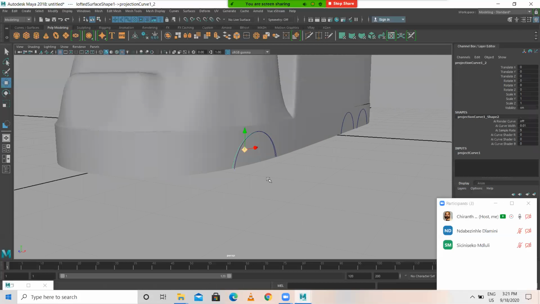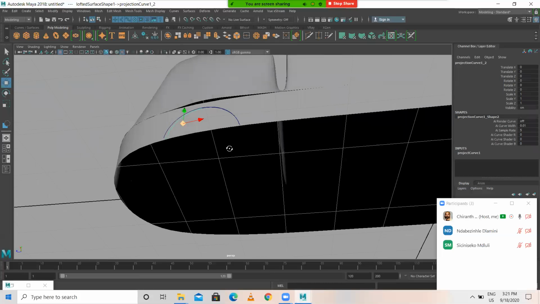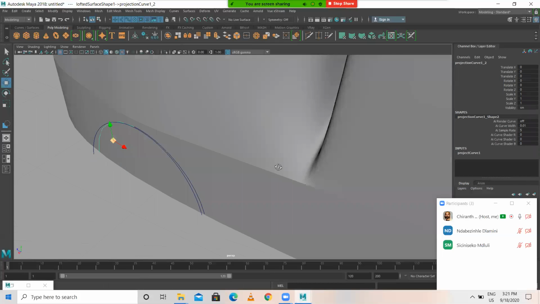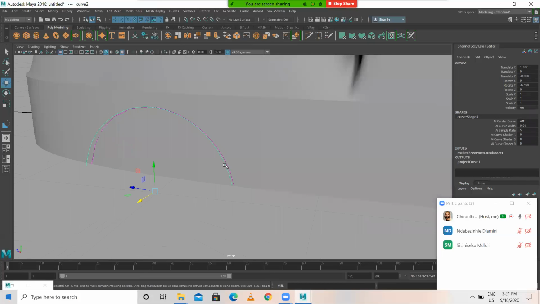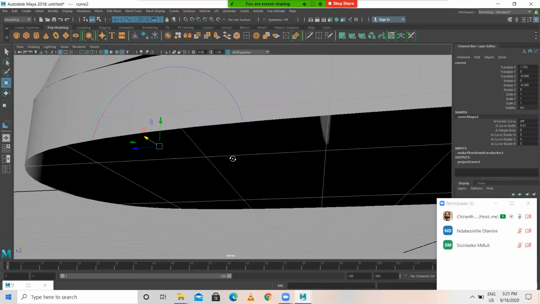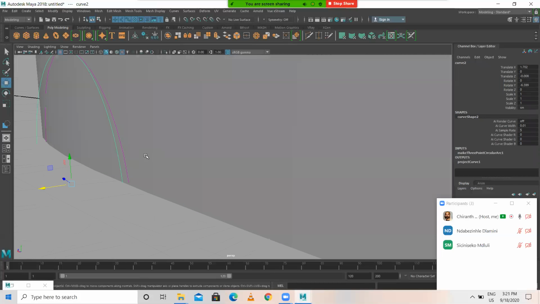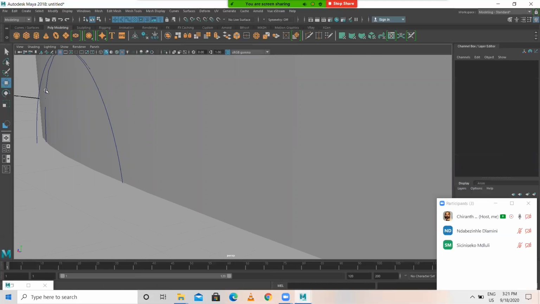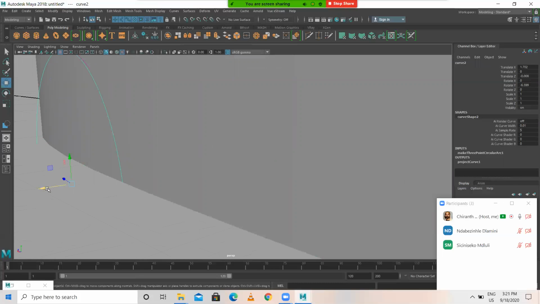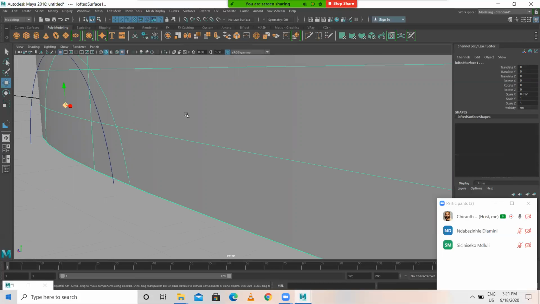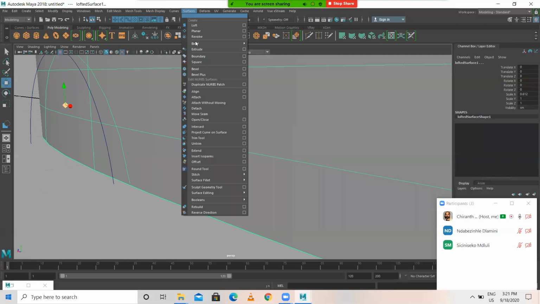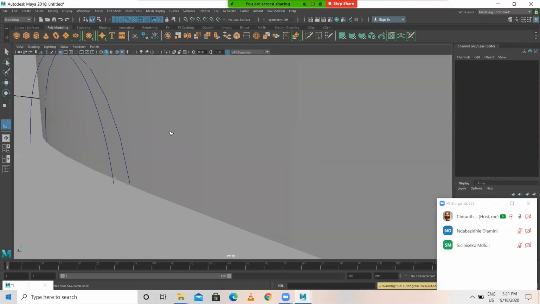Okay, first select the projected curve. Okay, single curve is not selected. You should select the projected curve. It should be a single curve. Okay, single curve is not selected, that's why. Select this curve, shift select the object, trim tool.